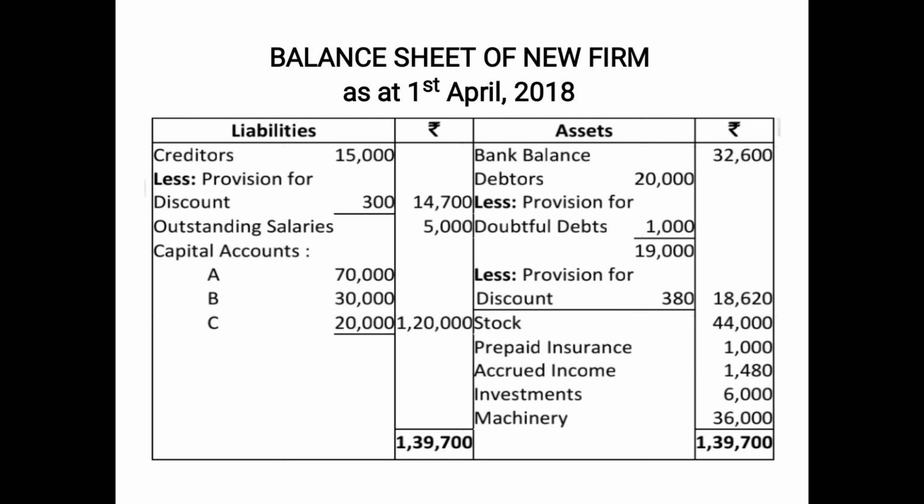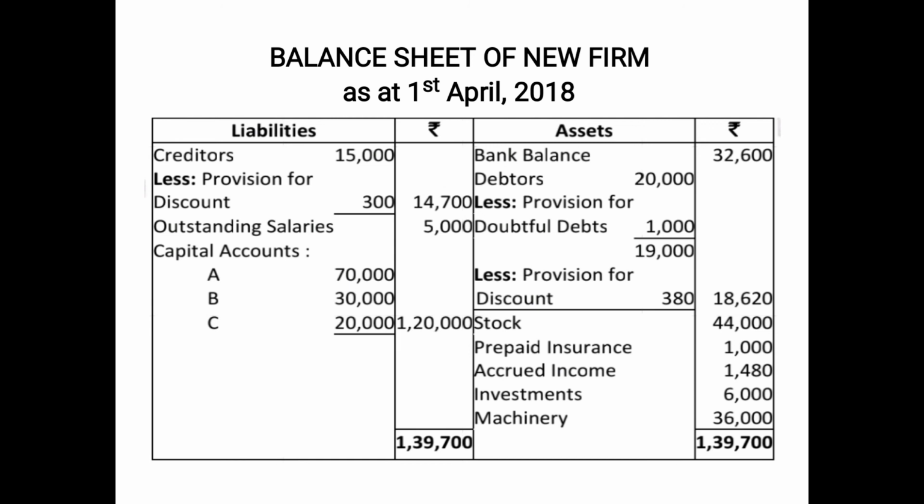It's very, very important, children. On the asset side, you can see the bank balance has been changed. This is because earlier whatever the bank balance was, to it the capital and goodwill brought in by C, that is 20,000 for capital and 18,000 for goodwill, was added, that is plus 38,000. Then we had deducted the amount of 13,800 which was withdrawn by B, and we have added 3,400 which was brought in by A. So ultimately the bank balance came to 32,600.